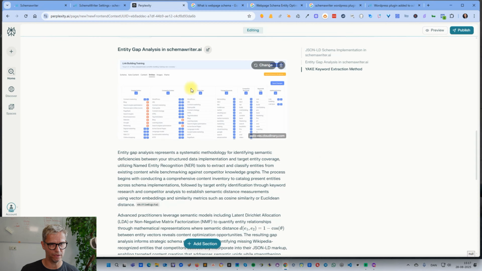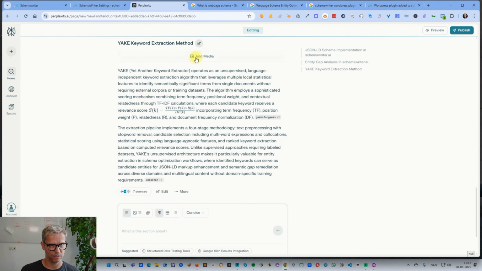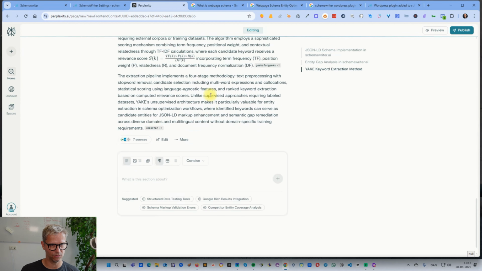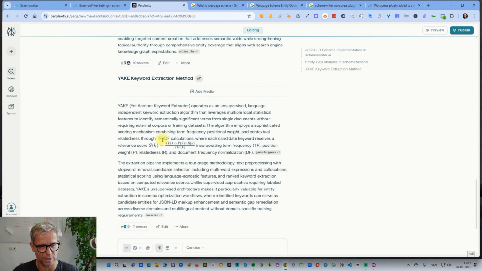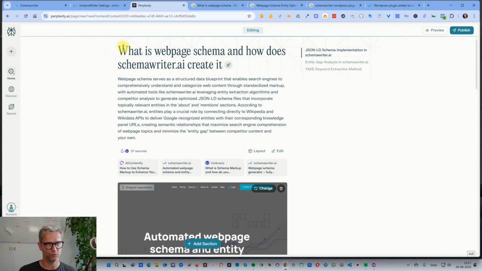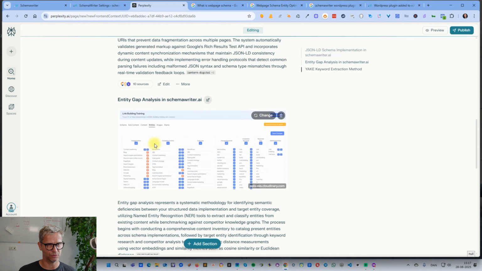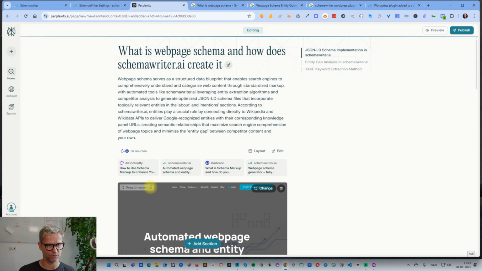So now we have the Schema Writer homepage, we have the Schema Writer backend, and then we have a lot of super technical text here about one of the algorithms that we're using in the backend. I think it serves the purpose, because when you land on this page and you're reading the title, what is web page schema and how does Schema Writer AI create it, and you see the mention of Schema Writer, there's a big chance that you're going to click on this button, Schema Writer, because that's what the title is about, right? So I will click publish,